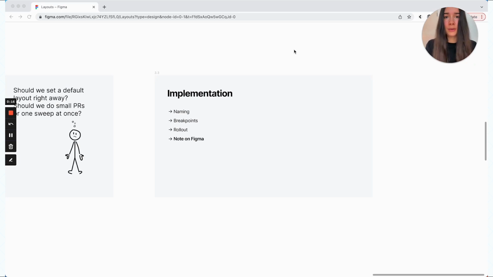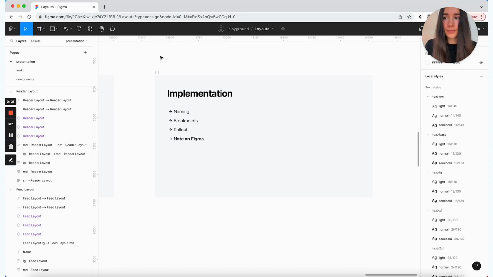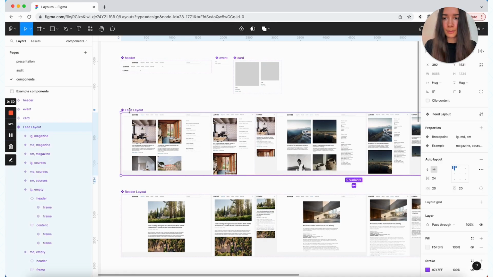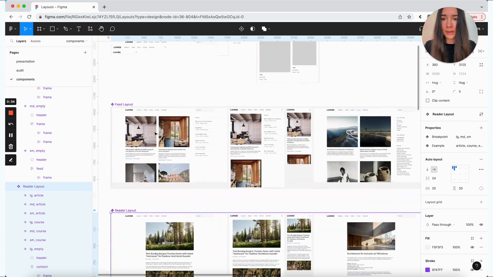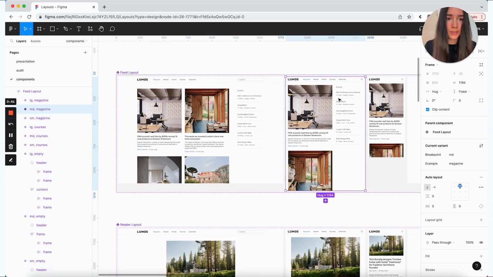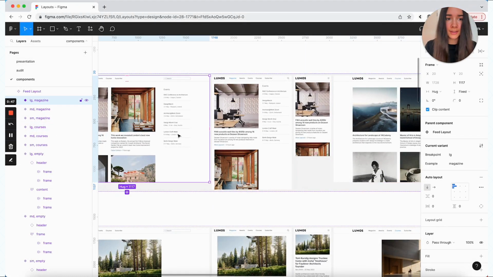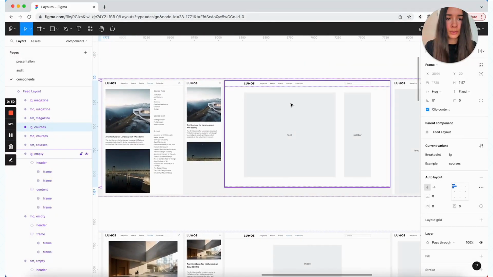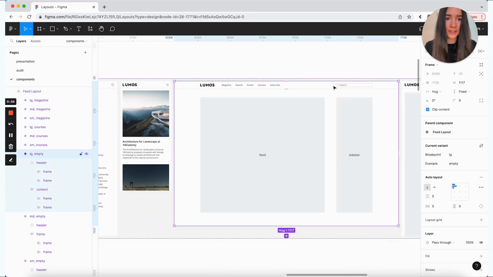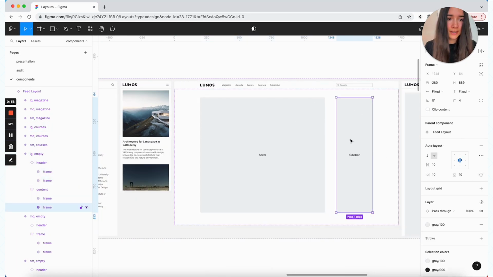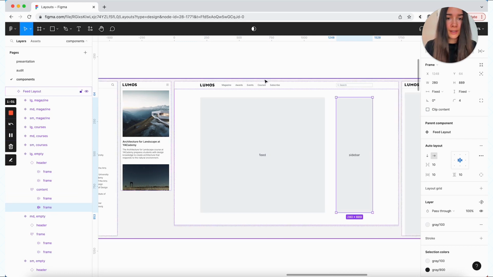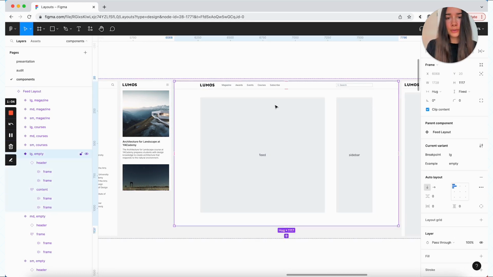Of course, there is still a way to set up more or less template or page level components in Figma, and you can do that. So what I did in this example here is I have a separate component for my feed layout and my reader layout. Inside the feed layout, we have components for 3 different breakpoints, and we have the 2 examples, one for the articles, one for courses. And I also included a more or less blank example that just has the header and then the slots of here's where you would have your sidebar, here's where you have your feed. So technically a designer could use this template and then detach it, add their own stuff.